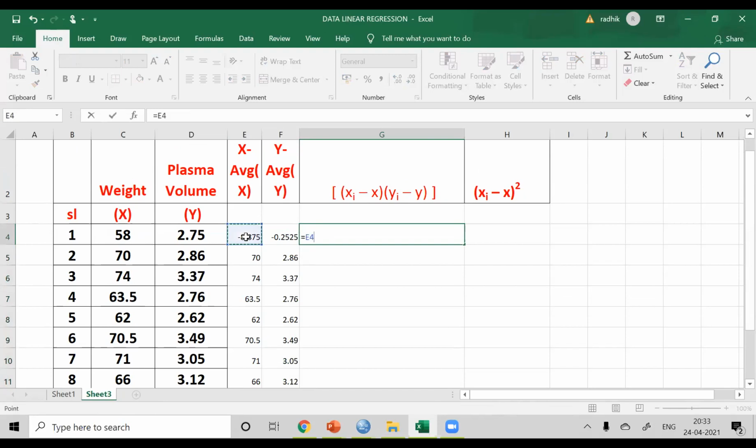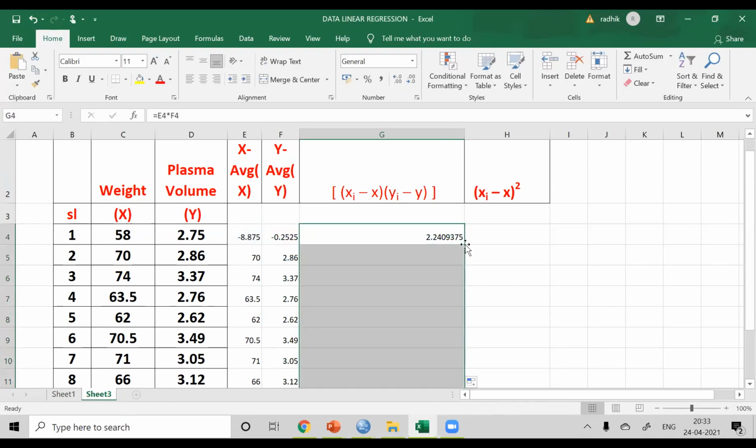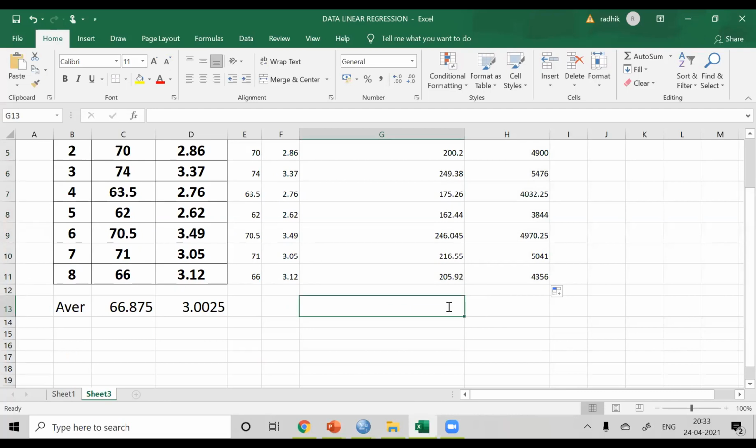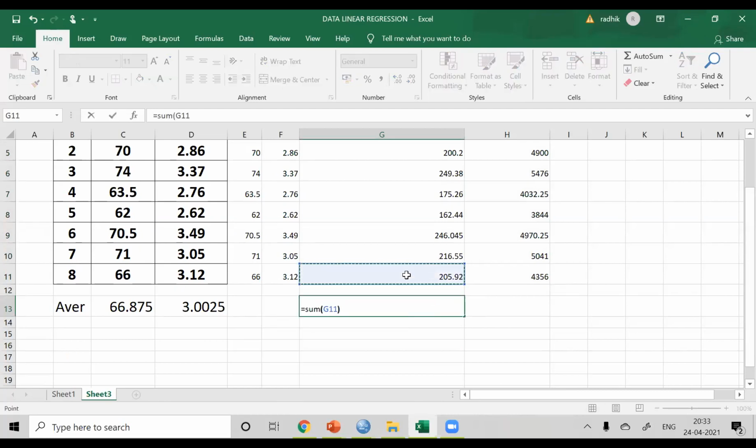Then you multiply the two values. Then you have to take the squares of xi, the deviances from the mean. And then you have to find the sum of this column to get the numerator.